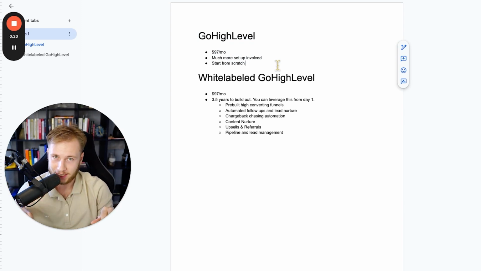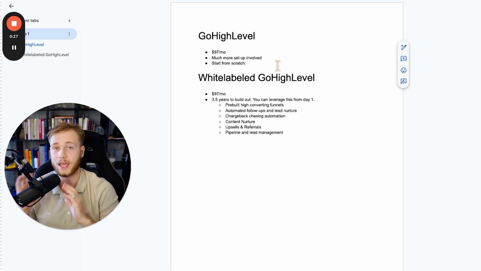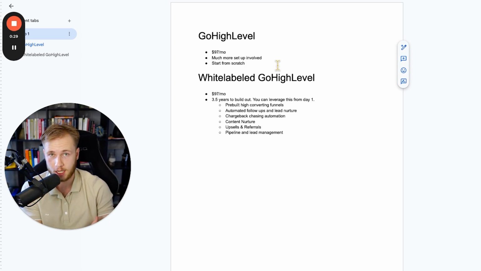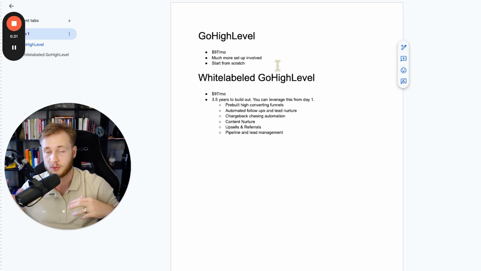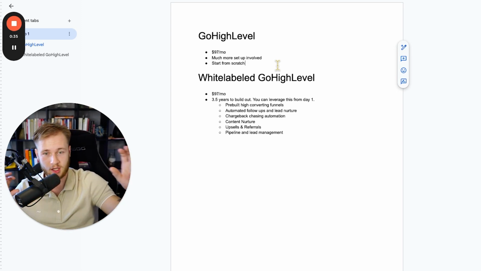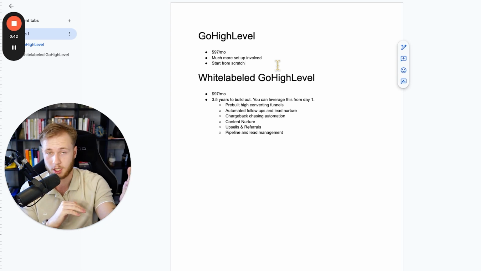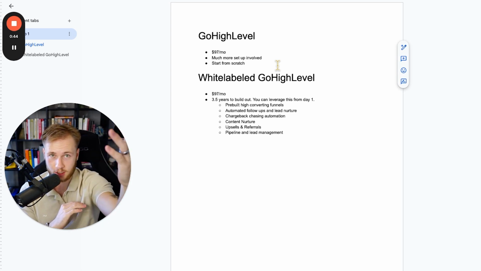And when you get it, it's pretty much a blank slate. So when you get Go High Level, there's no automations that are built out. You essentially have to build every single thing from scratch, right? Now, that's cool if you want to spend a bunch of time building out automations and tweaking things and testing things. But if you just want to take something that's ready to roll out of the box and is proven and you can just plug and play and run with it and start selling life insurance,